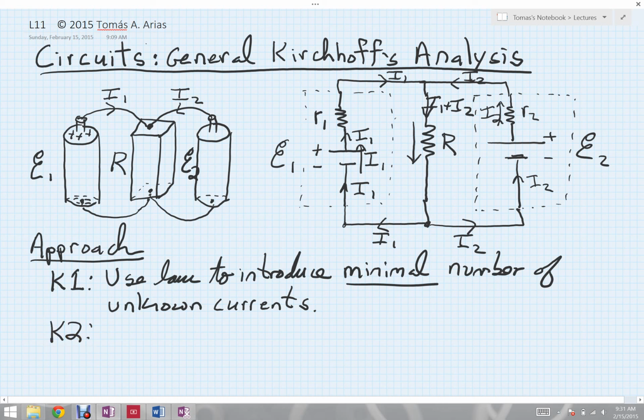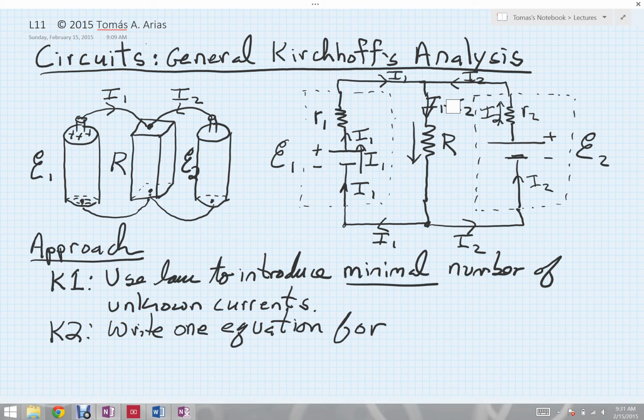So to apply K2, to keep the equations down to a minimum, the strategy is I'm going to write one equation for, and now if we think about it, there are many possible loops that we could employ, as we had pointed out previously. But it turns out that if you're very careful and you just write one equation for each,